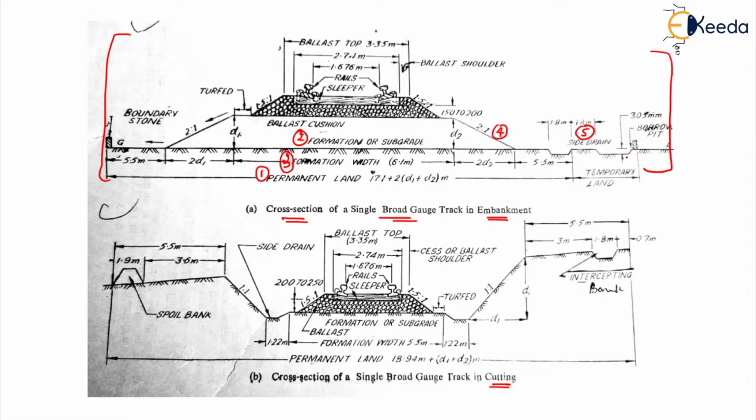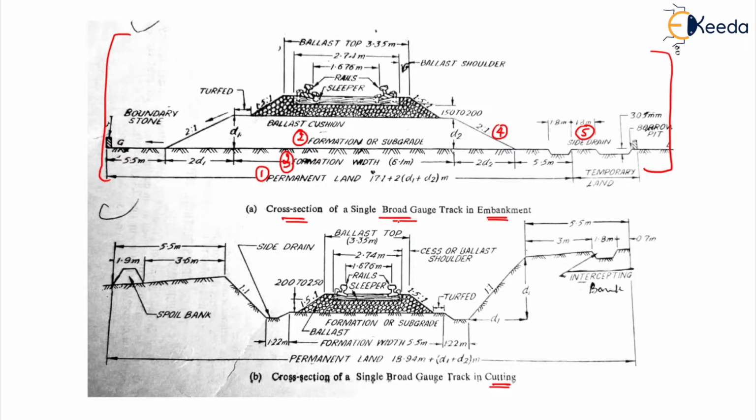If you observe here, this one is in your embankment. Different widths for the broad gauge have been mentioned here, and different side slopes which we have to give are mentioned here. Now this same thing is in the valley. In the valley, the only difference will be that the side drain will be here. Instead of on the right side, you will have the side drain here itself. And the dimensions are a little different when compared to your broad gauge track in embankment.